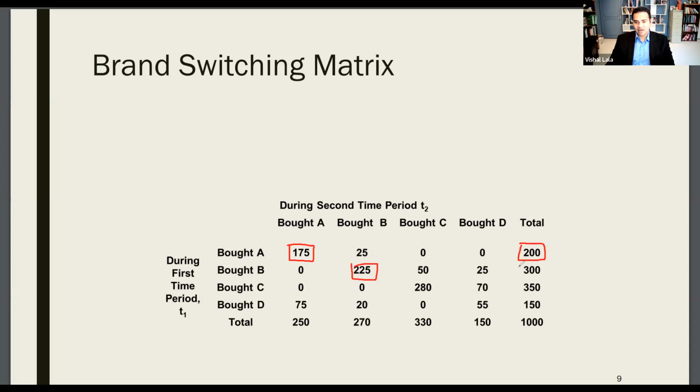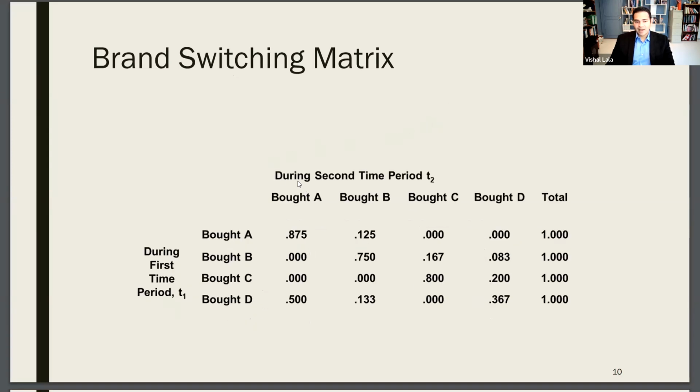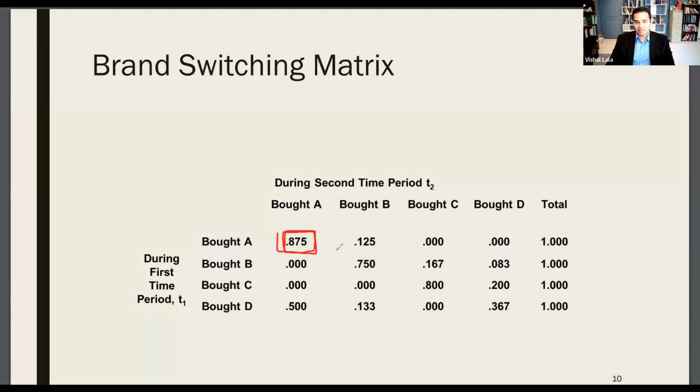We'll look at fractions dividing the numbers highlighted. The next slide, we draw this comparison, create those fractions, and you can see already here that brand A has a loyalty index of 0.875. Brand B, 0.75, and so on. So we can learn a little bit here about how loyal people are towards each brand by looking at the brand switching matrix. Moving along,